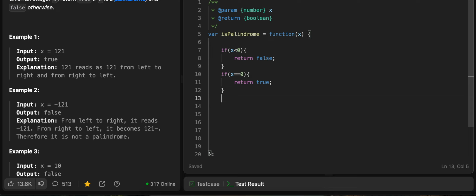The easiest way is to make it x plus an empty string, so this will become a string. Then just create two pointers, one from the start and one from the end, and verify whether they are the same, then increment the first one and decrement the second one and check whether both are the same. Okay,